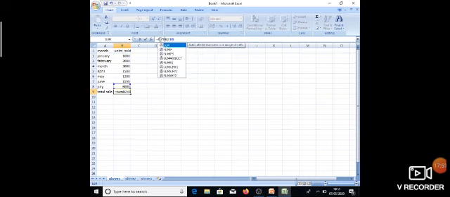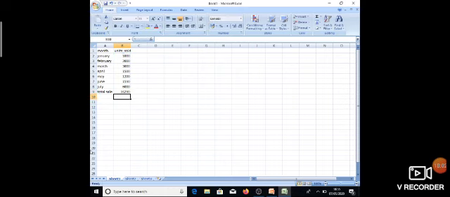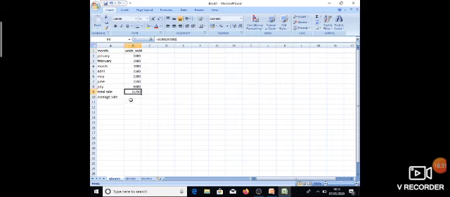Okay. So I am going to apply the formula of sum. Sum is a built-in formula, means it is a function. Okay. So this is the way you can calculate the sum of the sold units. And if you want to perform other functions, like if you want to find the average sale, you can also find out the average sale by the formula.